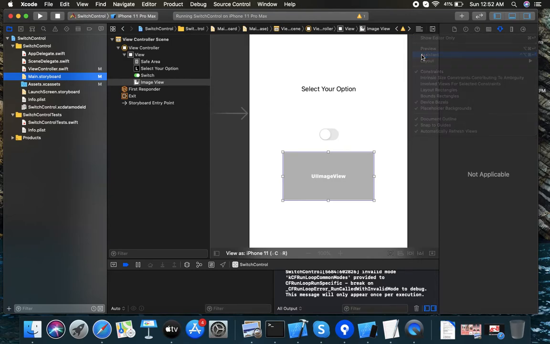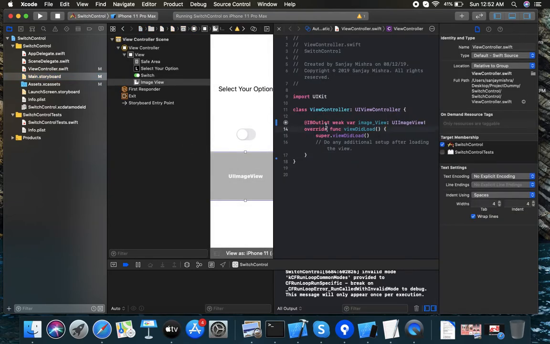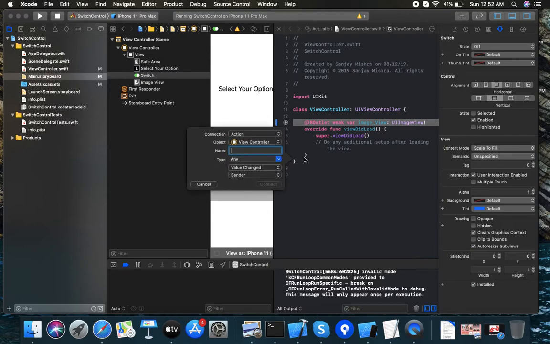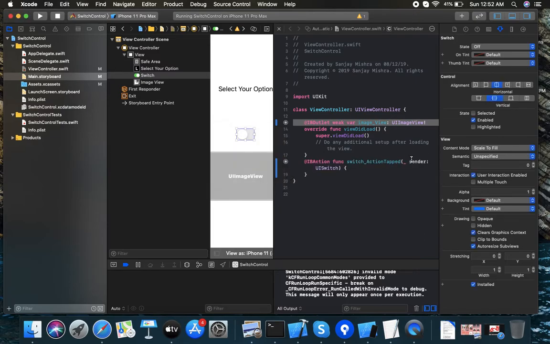So let's go to the assistant editor, and I already created an outlet for the image. Now I need to create an action for the switch, and make it a UISwitch. So now we'll